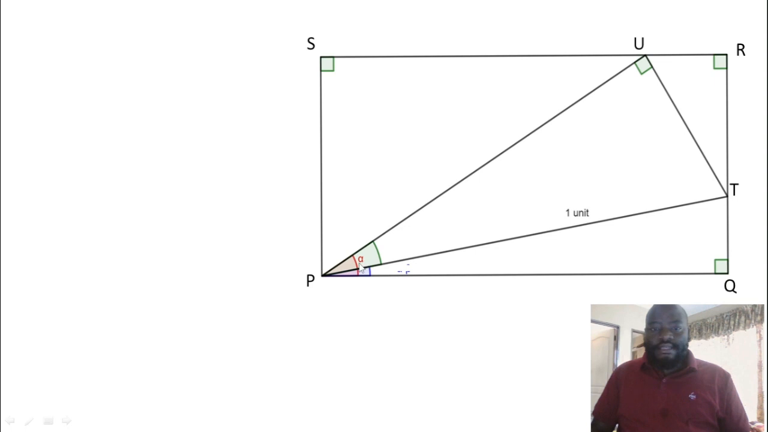So like I said, now UPQ is alpha. It's the angle in red. And then the green angle will be beta. This makes the blue angle the difference between the two. So it's alpha minus beta. Now PT is 1 unit as it is shown here. Then